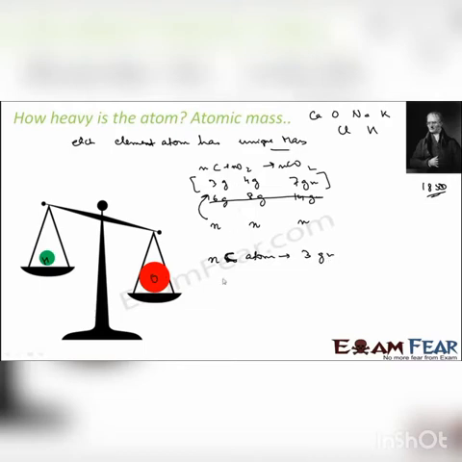And similarly, N O2 molecules, or I can say N oxygen atoms, is 4 gram. So with this, you can say that oxygen is heavier, because the same number of carbon atoms is 3 gram, and the same number of oxygen atoms is 4 gram. That means oxygen is heavier. Hope you are following. See, 3 grams of carbon and 4 grams of oxygen give 7 gram of carbon dioxide. This is experimental data.